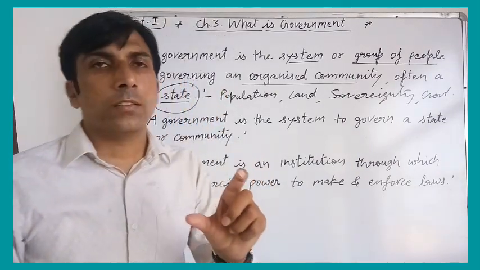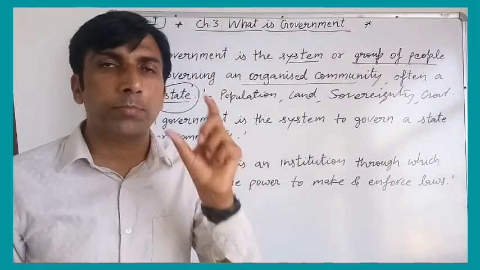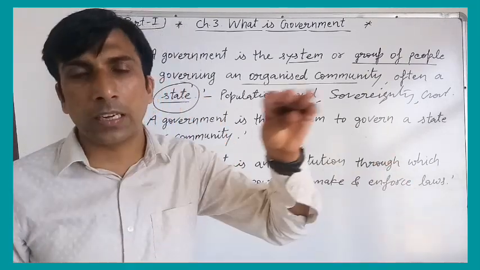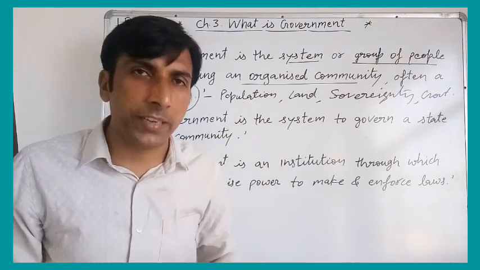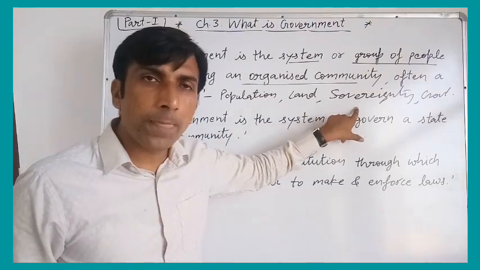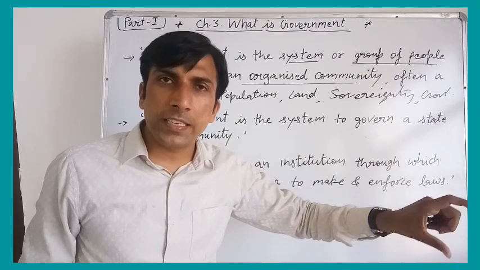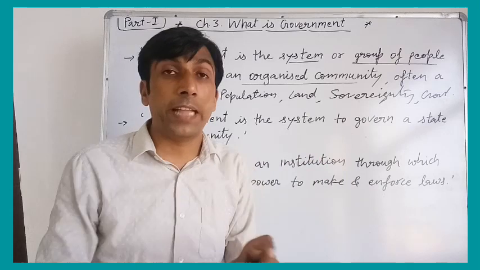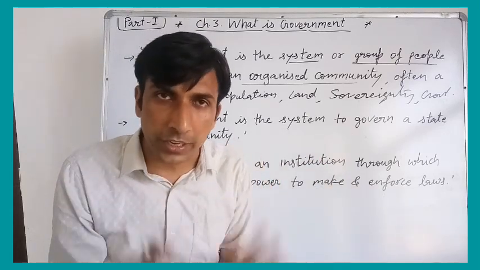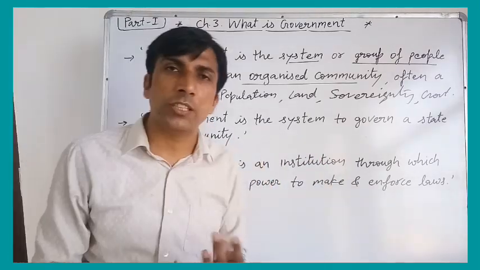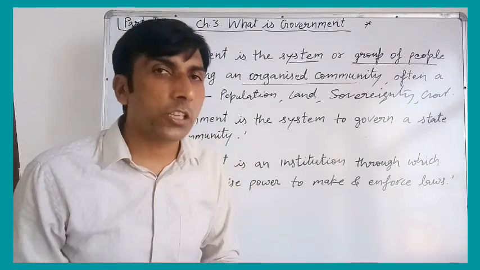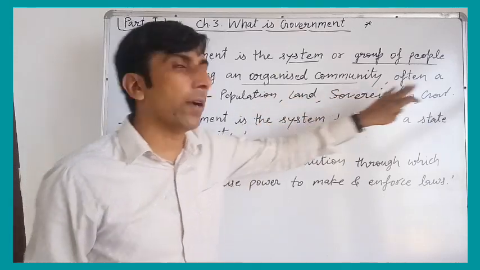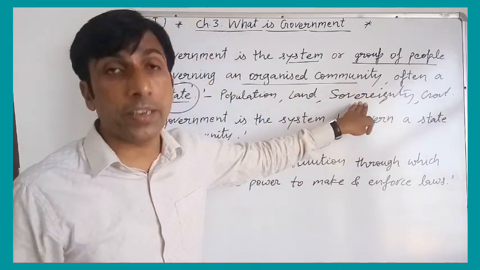State is the particular area of people where the people live in a particular territory governed by the government and having the sovereignty. Sovereignty means freedom, complete freedom, supremacy, or there is no external interference in that territory. This is the state. In this way, Haryana, Punjab, Rajasthan are not states, because they have the population, the land or territory, and the government, but they do not have sovereignty.